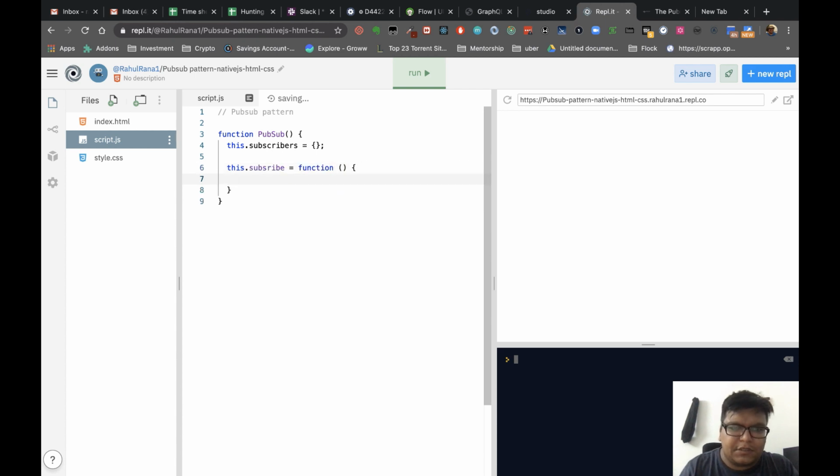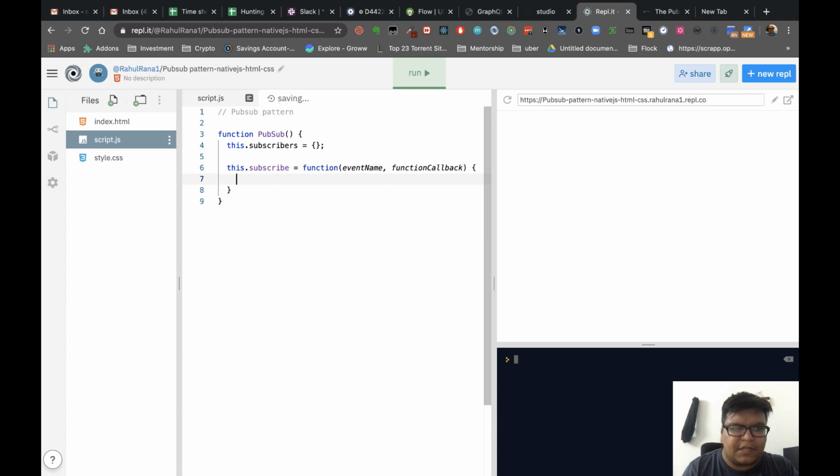It will be a function. Whenever someone wants to subscribe, they need to refer an event name and a function callback, which callback they actually want to get this data with.